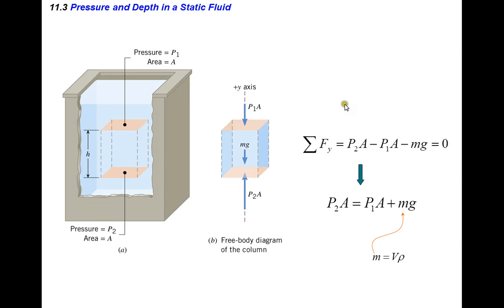Now there's one upward acting force, that's the pressure pushing up from the bottom, so pressure times area. And there's two downward acting forces, the pressure from the top and then the actual weight of this cube of water. So, since the net force on our cube of water under the water is 0,